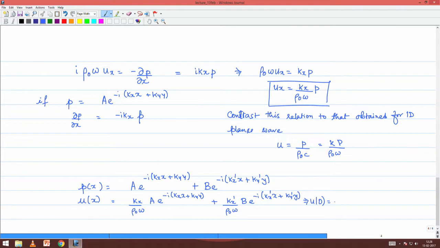So, at x equals 0, we have the following: k_x/(ρ₀ω) is A e^(-i k_y y) + k_x'/(ρ₀ω) B e^(-i k_y' y). And we demand that u at 0 has got to be 0 for all the values of y, by boundary condition. We know,